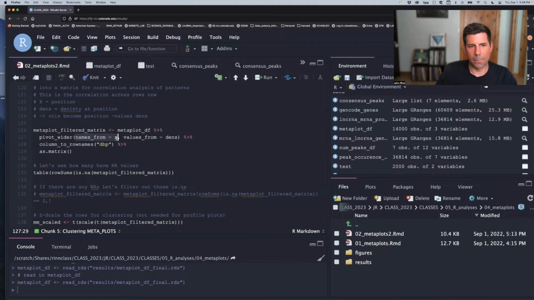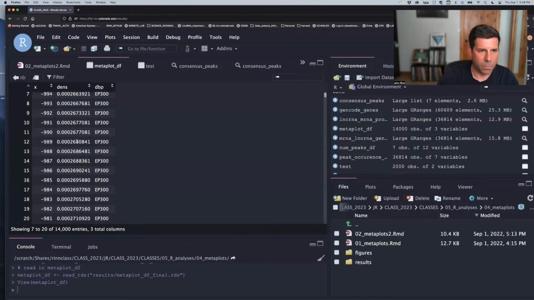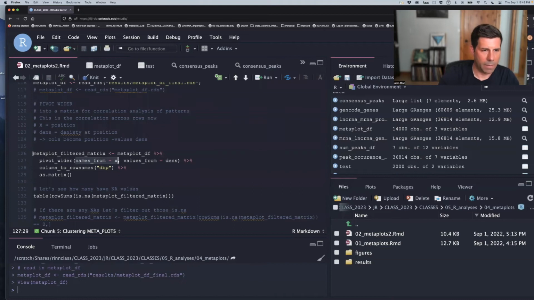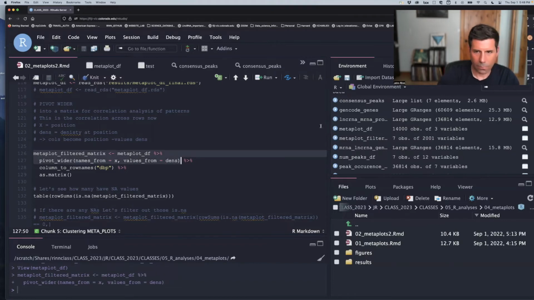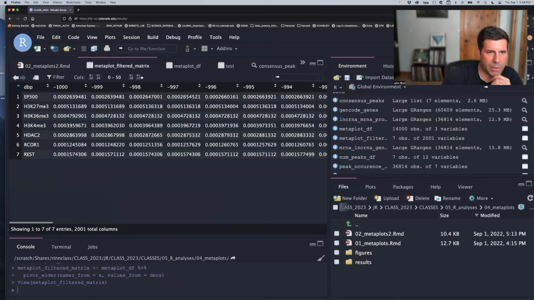And then let's take a look at what that looks like. So now, if we look at our metaplot df again, here it's really long, -1000 to 1000 for each DBP. And now we're going to pivot wider and call it a new name, metaplot filtered matrix. And we'll just run that for now. And now if we look at metaplot filtered matrix here, what we see now is the position is on top, and each of our DBPs is a